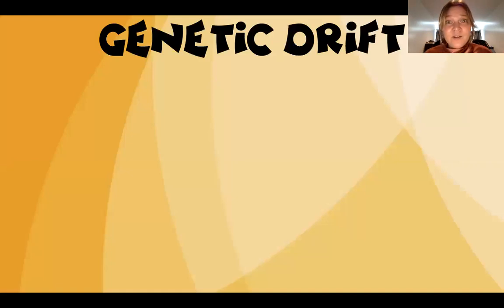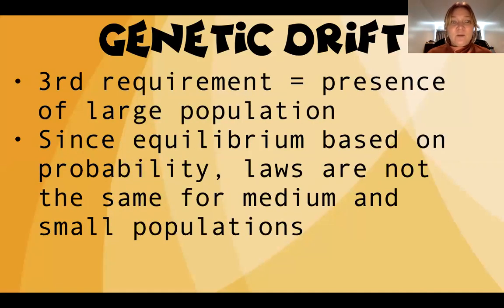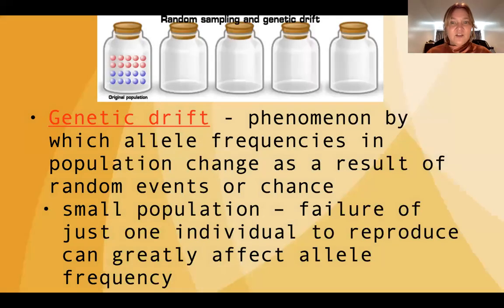Right, the third requirement is an infinitely large population. Since equilibrium is based on probability, the laws are not the same for medium and small populations. And especially when you look at gene flow and mutations, you get something called genetic drift. So genetic drift is a phenomenon by which allele frequencies in a population change as a result of random events